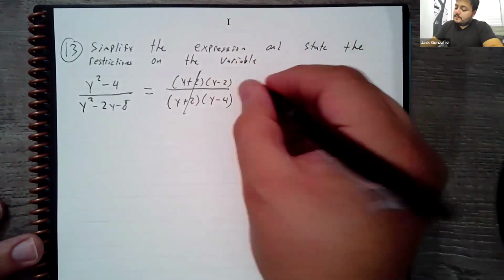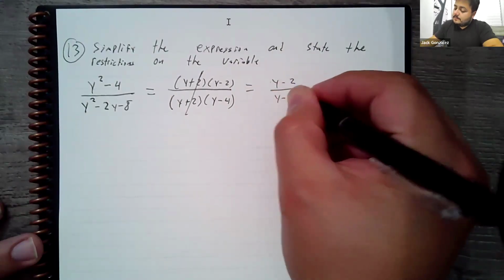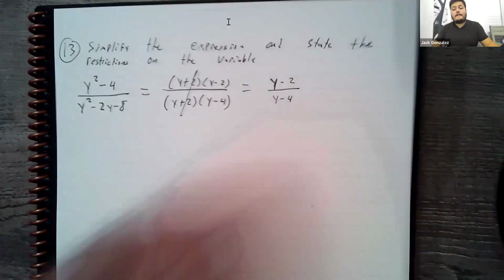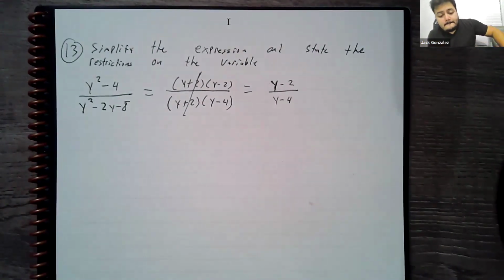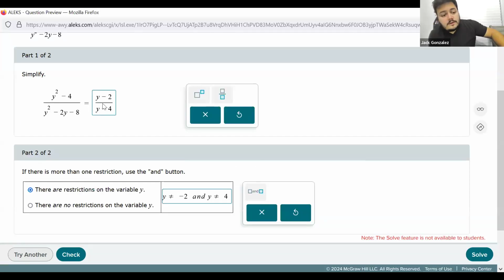These are canceled, so it reduces into this. You don't have to keep the parentheses, but you can. Yeah, there it is. Y minus 2 over y minus 4. Now,